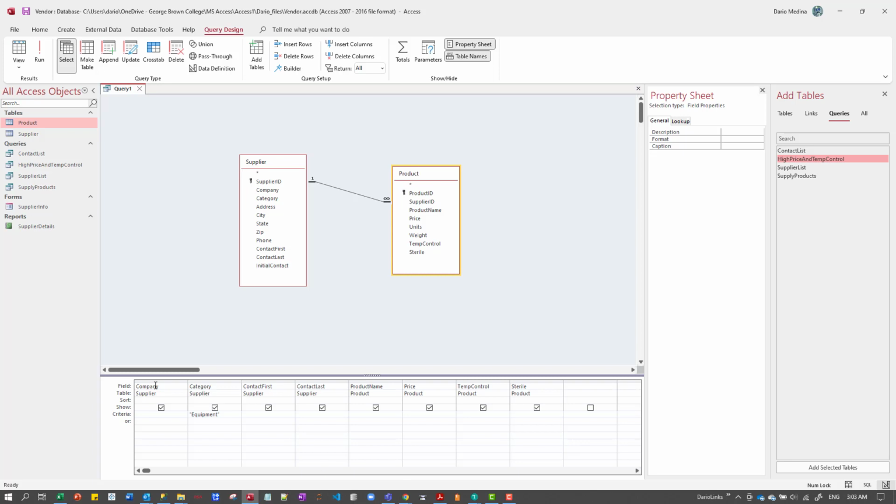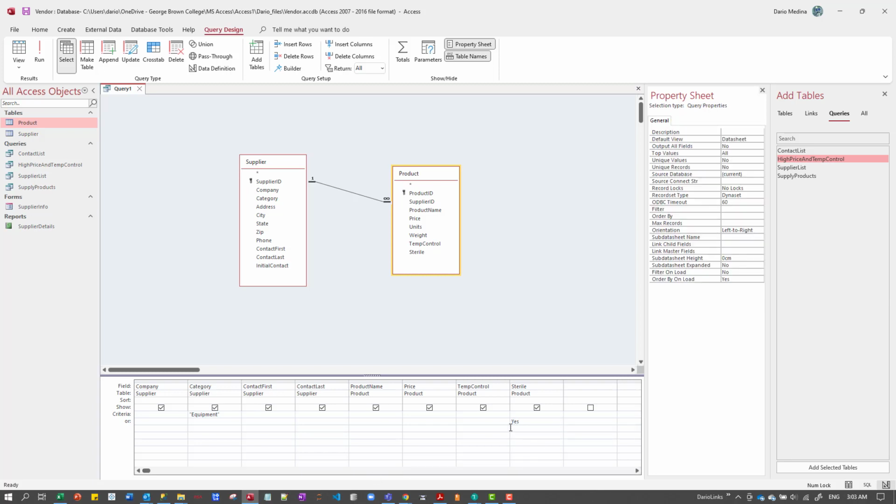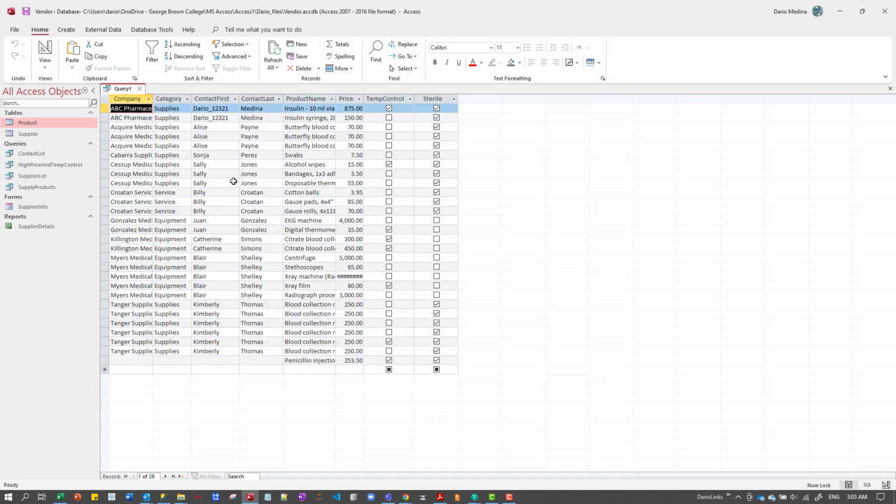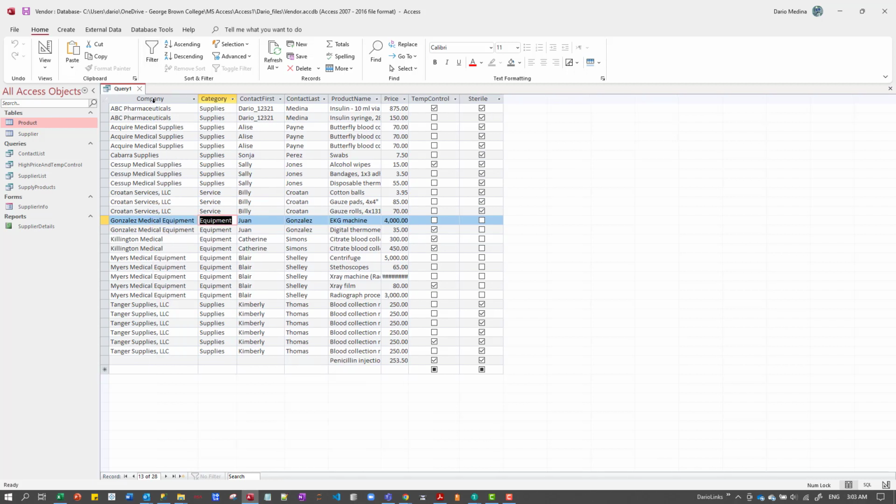You have to select the next row in the criteria. Under the criteria, you see there's an or. That's why you have those fields here, and then key in the yes under that field, and then you run it. Now you will see that you have all the suppliers who sell equipment or sterile products. As you can tell, the last field is exactly giving us that. In this case, for instance, this company,